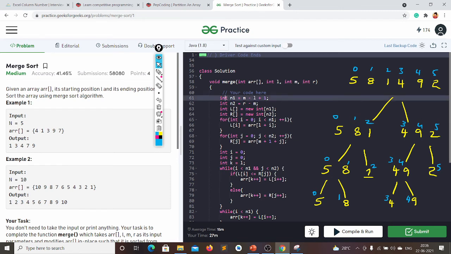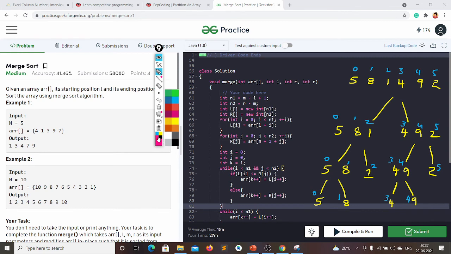What will be my N1? This is very similar to the code for merging two sorted arrays. But a simple difference is that in that case we actually have two separate arrays. But here they are not separated. These are in the array itself, but for visualization we are just separating them like this. But these are in this array only. So what I am doing now is my N1 is M minus L plus 1. M means here simply 0. 0 minus L, which is 0.